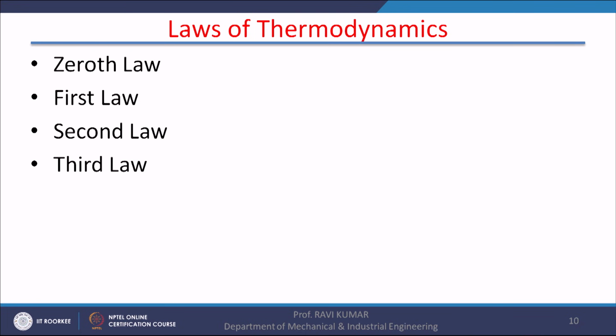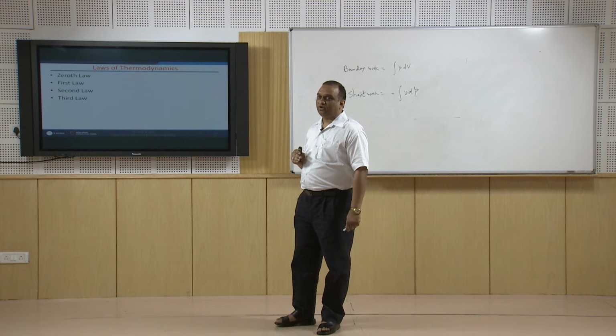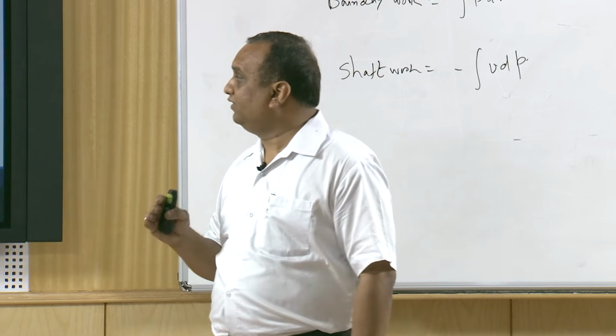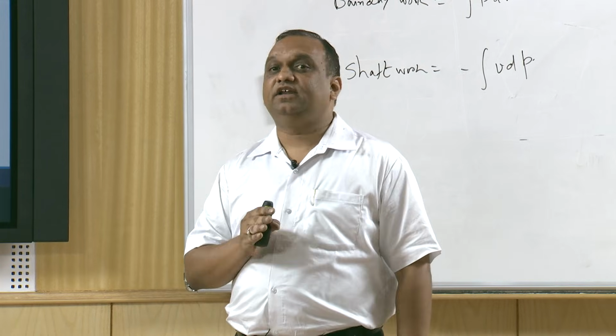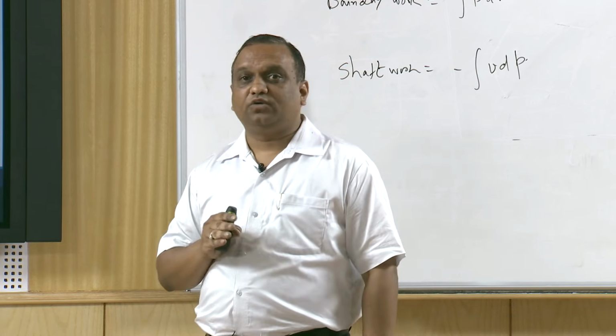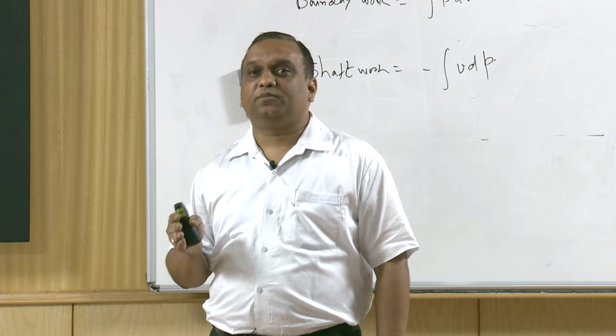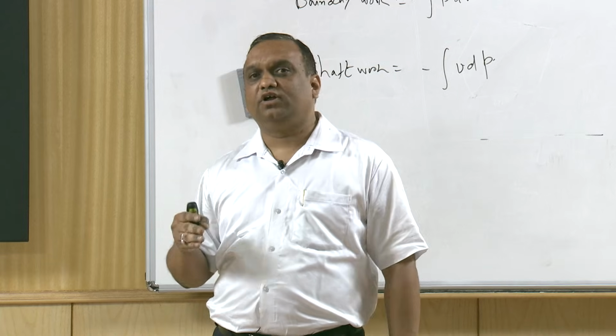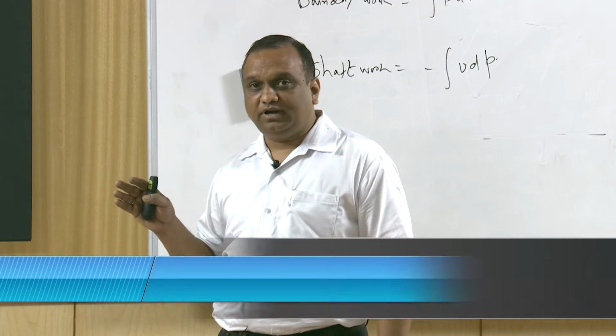Laws of thermodynamics. There are 4 laws of thermodynamics, starting from the 0th law, 1st law, 2nd law and 3rd law. They are not numbered as 1st, 2nd, 3rd and 4th law of thermodynamics. The reason is that it started with the fact that heat can be converted into useful work. But is it possible to convert the entire available heat into useful work? Suppose we have 100 joules of heat. Is it possible to convert 100 joules of heat into 100 joules of work? That is not possible, and it is stated by the 2nd law of thermodynamics.